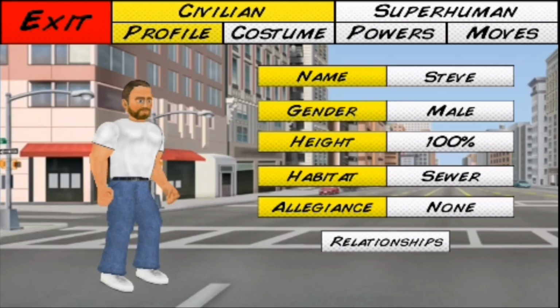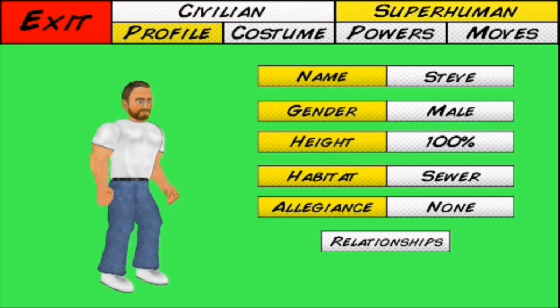Okay. So when you're over on your phone, you're going to want to go to the character that you created and that you want to import over to your PC. So I created this simple character named Steve. He's just a simple character I'm using for this tutorial. And what you want to do immediately is take a screenshot, but I'm going to go over here. And as you can see, the background is green. If you want to know how to do that, I created another tutorial on how to mod MDicky games. So you can search that tutorial to figure out how to do this, but I just have the background green, so it's easier to erase the background.